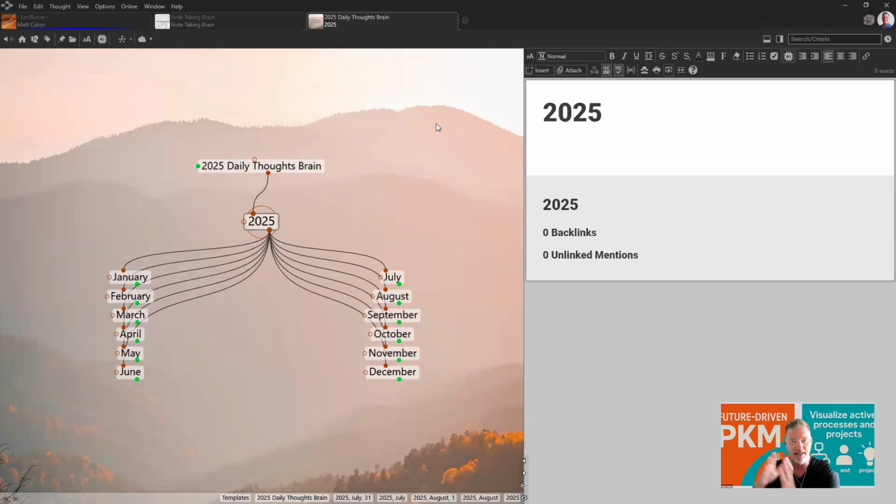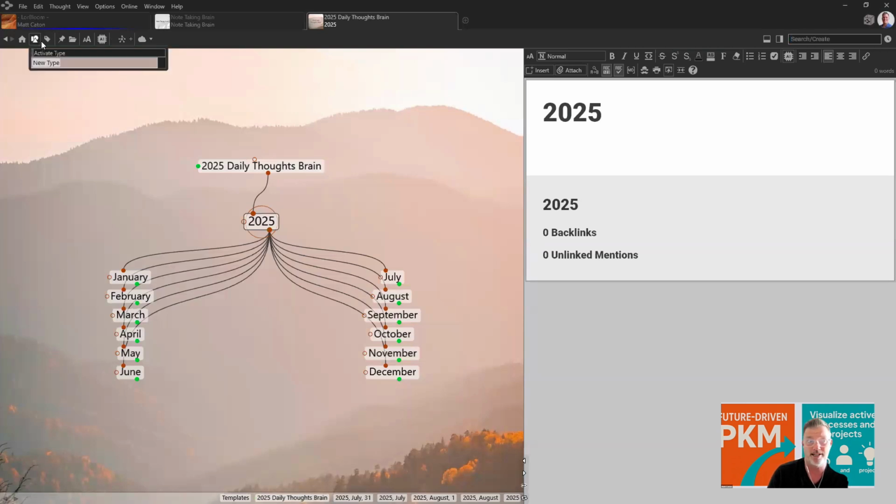That's how I journal, in a separate brain from the brain that I'm going to share with you today. So I have more than one brain database available, and one is specifically my 2025 journal. And I do reflect back. It's good for me to reflect back on key thoughts in 2024, key thoughts in 2023, and things of that nature. You can even create your own thought types.